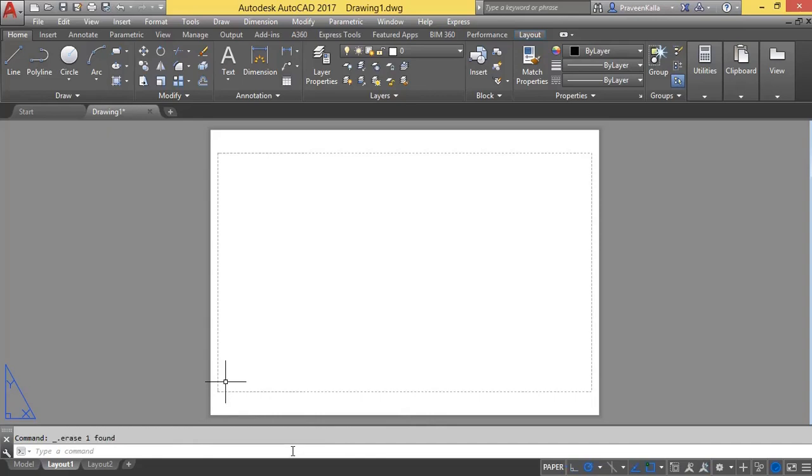Delete the previous layout border. Now type viewports.